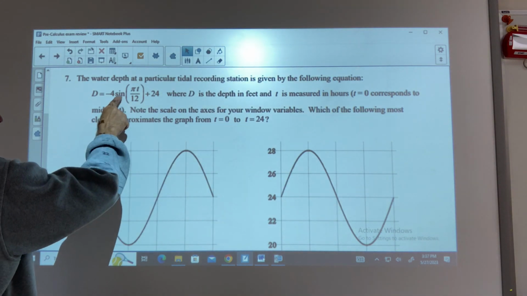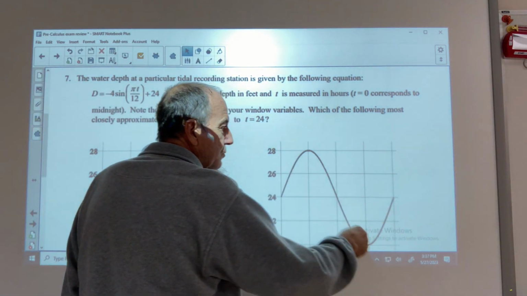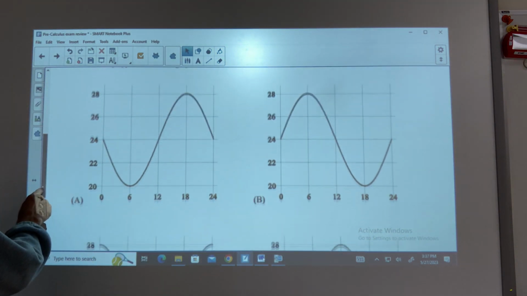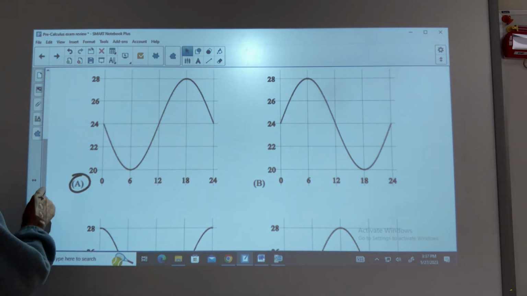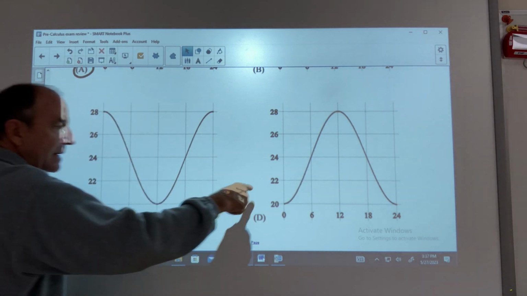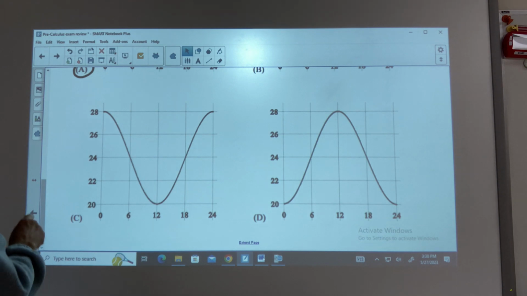This looks like a sine wave that's upside down. So this would be a sine wave that's right side up. That's not it. This is a sine wave that's upside down. So this is going to be the correct choice. A is the answer. If we look at the other two, this looks like a cosine wave, right? Starting high and then going down. And this is an upside down cosine wave. So the correct choice is, in fact,